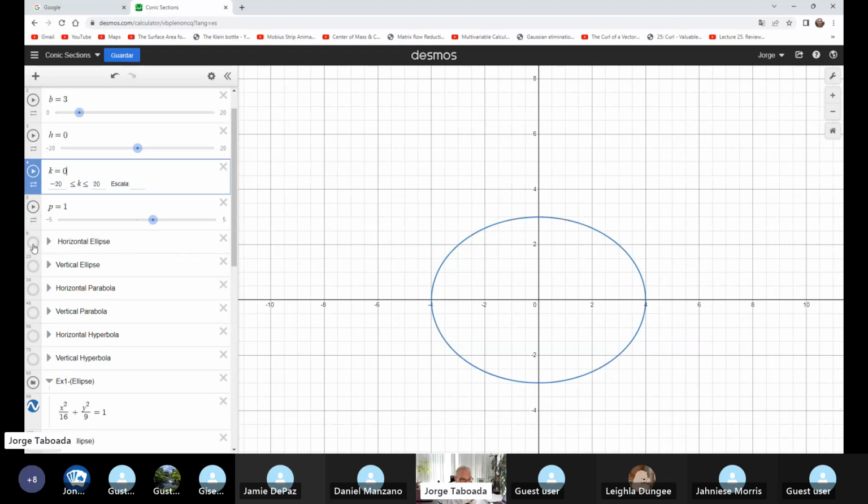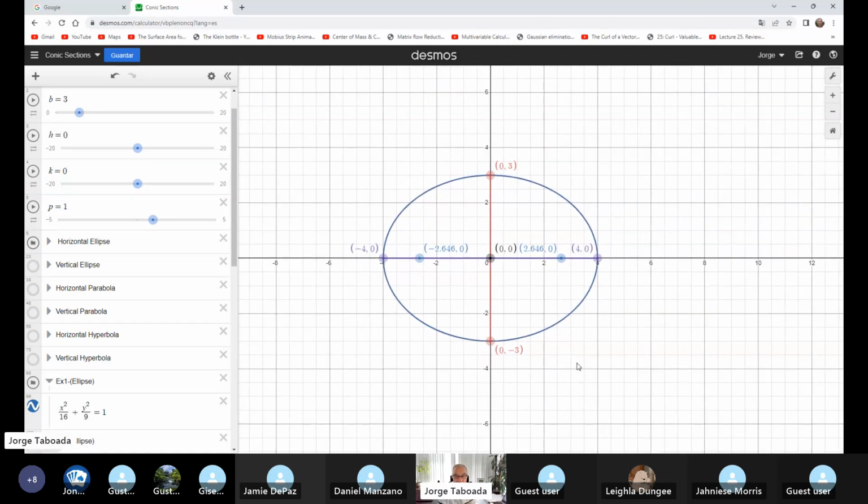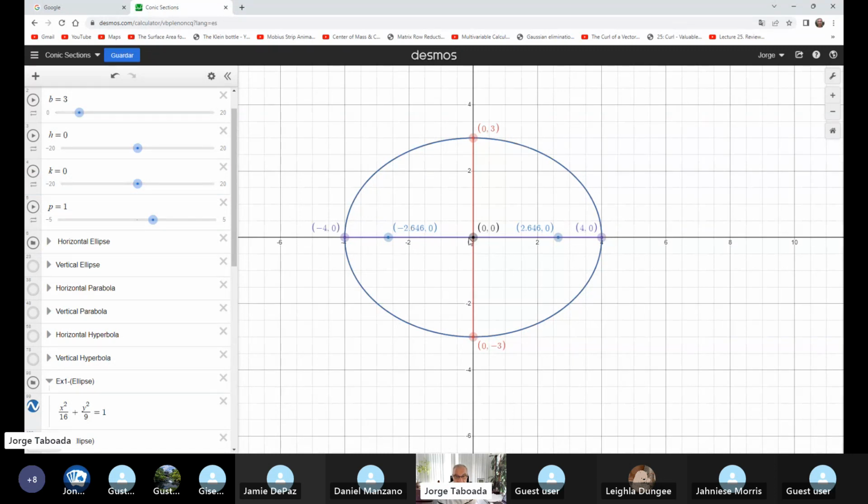And you click here and you see, bam! Everything that you need. You need the center, 0, 0. You need the vertex, 4, 0 and negative 4, 0. And the minor axis, the co-vertex, whatever you want to call it, is 0, 3, because B is 3. The segment that I put in red color is the B, and 0, minus 3. And the focus, remember, we obtain approximately radical 7,